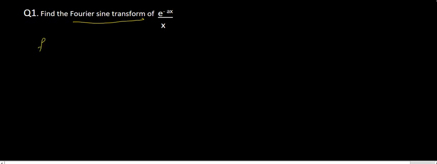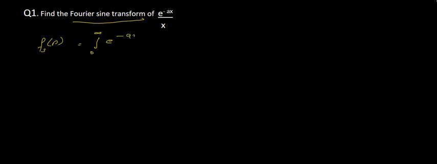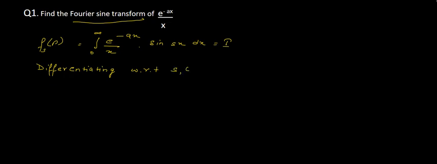So here we will write F_s, with s in subscript for sine, equal to the integration with limits from 0 to infinity. The function will be e to the power minus ax by x multiplied with sine of sx dx. So let this equation be equal to I. Now we need to differentiate this whole equation, differentiating with respect to s we get,